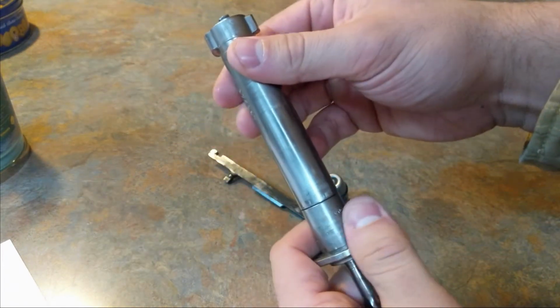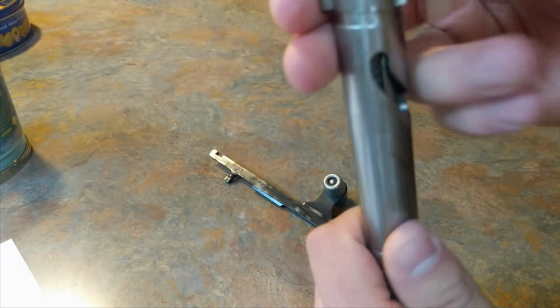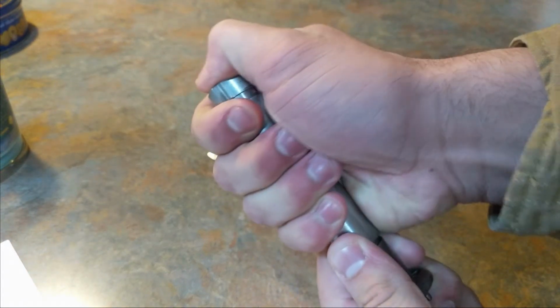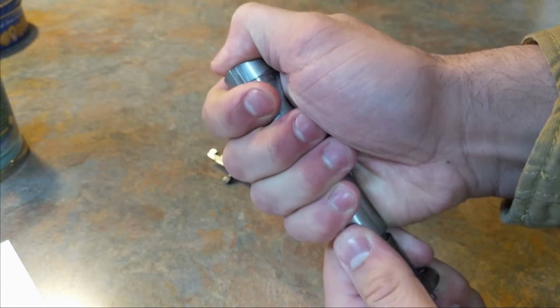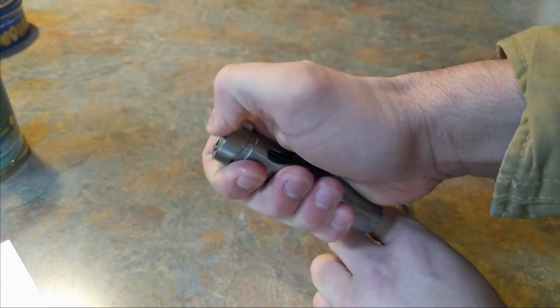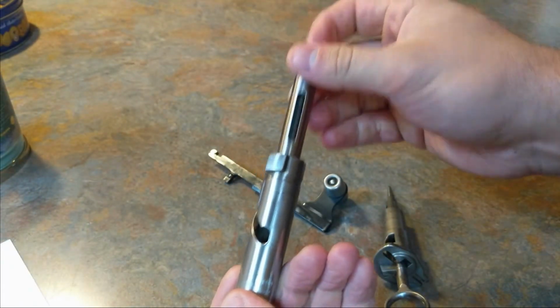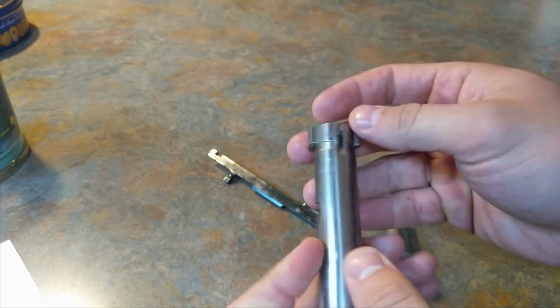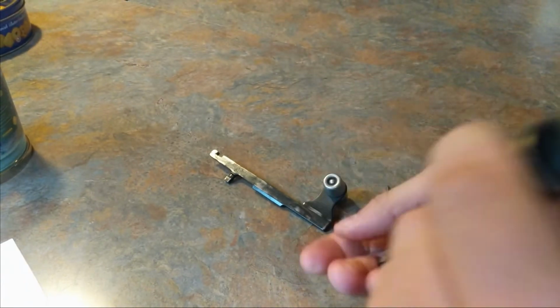From here, we're going to rotate this inner sleeve. I'm going to put my thumb on top of it. We're going to rotate this just a little bit, probably about 90 degrees, and the whole thing is going to come out from here. The reason my thumb's on top is because this thing is actually two pieces. We have the internal, I guess you call this a bolt face. Some people call this a bolt sleeve, and this is the bolt. To be honest, I don't know which one's right, so I'm just going to call this the internal bolt